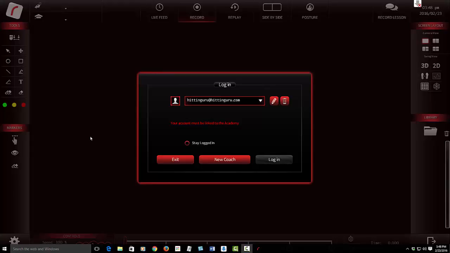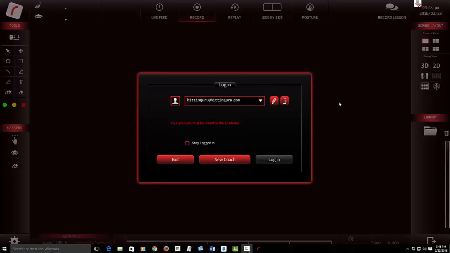Once you've installed the software from our website and followed the directions from the installer and made sure all of the various pieces of the software installed correctly, then you will have a desktop icon that looks like this. You want to double click on that and it will launch this screen. Now if you're first starting up, it's going to ask you to create a new coach. You want to use an email that only you have access to, and you will basically create a password for